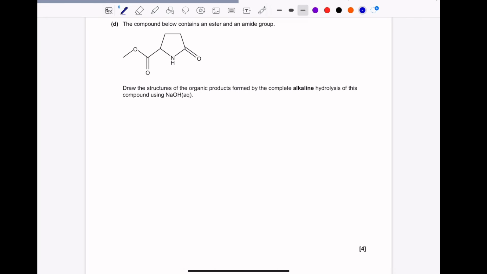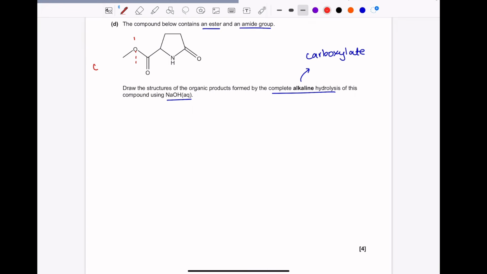In the next question, the compound below contains an ester and an amide group. Draw the structures of the organic products formed by complete alkaline hydrolysis of this compound using sodium hydroxide. With alkaline hydrolysis, you end up with carboxylate ions wherever there is a carbonyl compound. So to show which bonds are being broken first, we have this ester link that will break to produce an